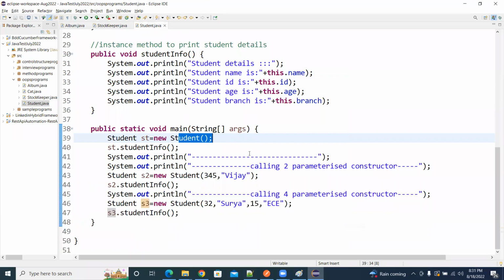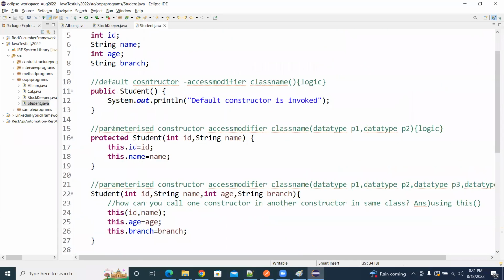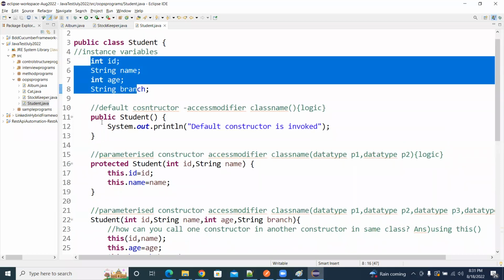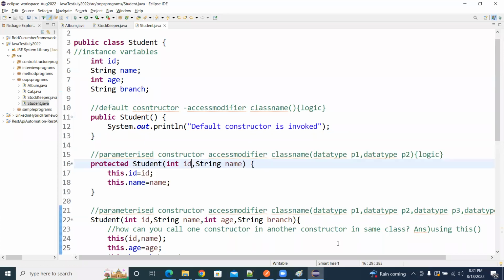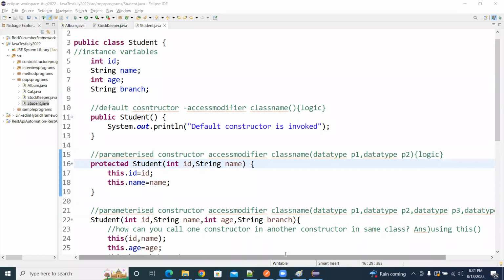Okay, so this is all about the constructors, how you can create them, and how you can set your instance variable values through a constructor. You can also do one example. The same, I have given mobile number, right? And you can try it for mobile number with